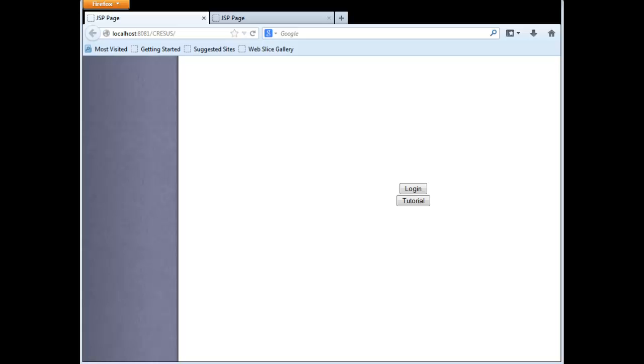Let's take a look at the CRESUS application. So here we have Firefox and the login screen for CRESUS. It's on port 8081/CRESUS. So if we go to login,